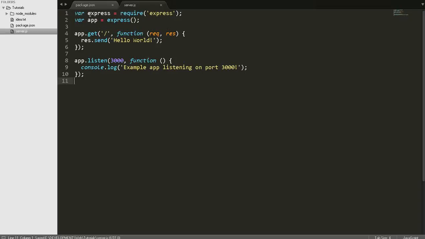So here we include the express module so we can use it. Then we create a new application in the variable app by calling the express function. Now we define a new route and start the server on port 3000, and this function will be called when the server starts successfully. So maybe you can ask,